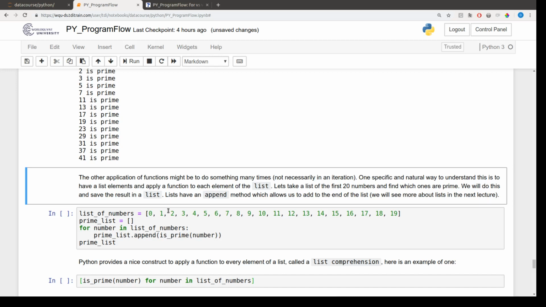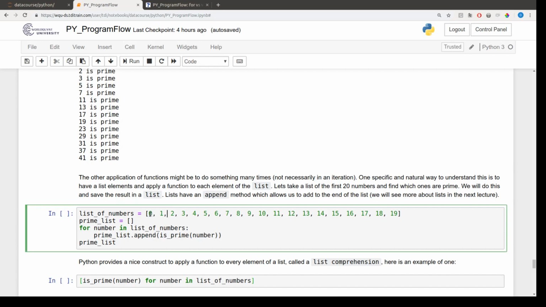As mentioned before, we might use a function to perform a task many times. For instance, we iterated doIt over the numbers 1 through 9. Here, we show a slightly more complex example of a similar idea. We have a list of numbers between 0 and 19. If we wanted to create a list of the prime numbers 0 through 19, we could create an empty list called prime list. Then, for each number in our list of numbers,